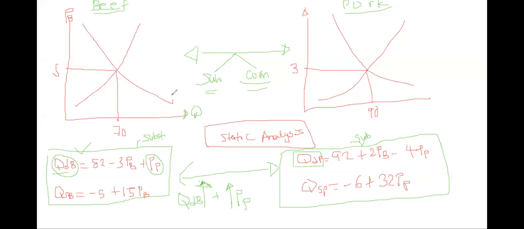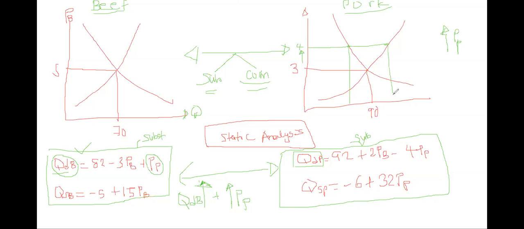So now that we understand the algebraic interpretation of these things, let's go to the graph and try to visualize it. Let's ask ourselves, if the price of pork increases, what will happen in the markets? First, let's say that it increased to here, 4, from 3. Obviously, the quantity demanded will be this,